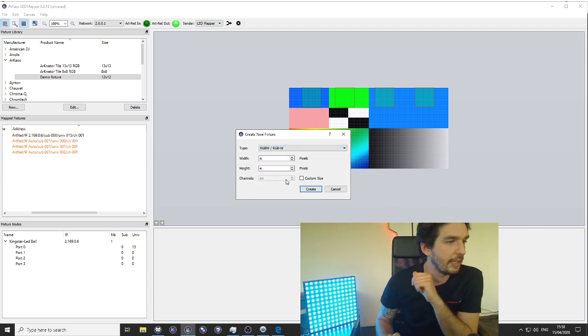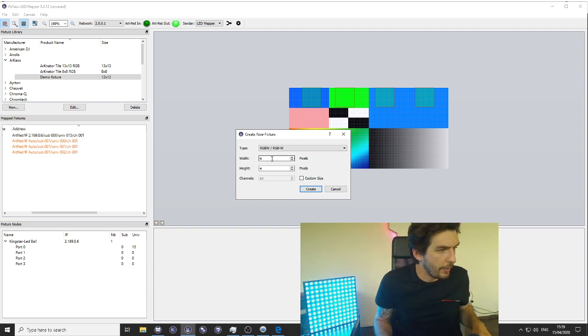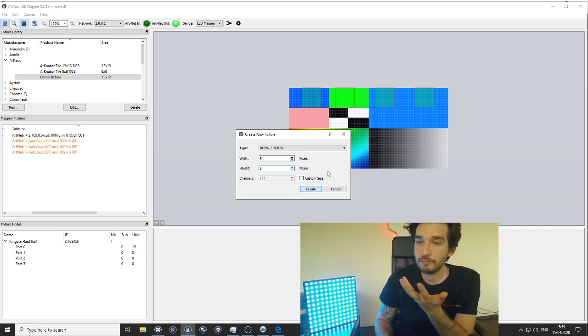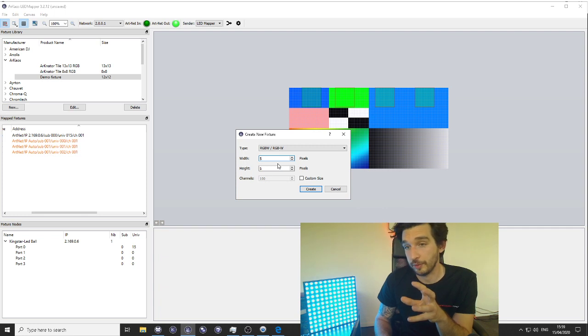In my case, I select RGB minus W, and I will have a matrix of 5 by 5 pixels. I will take an example of a moving head, 5 by 5 pixels with a yoke and some strobe effect. On top of those 25 pixels, as it's a moving head, I have some other DMX parameters.